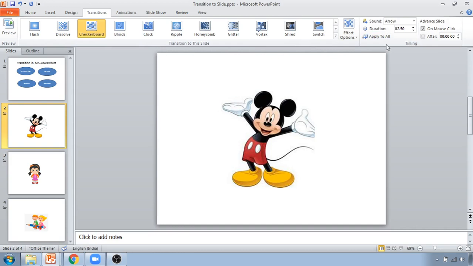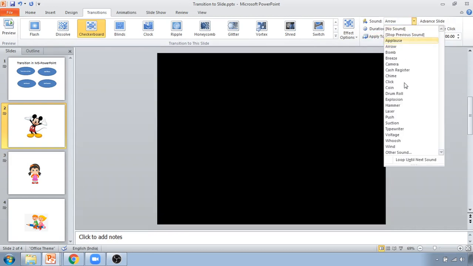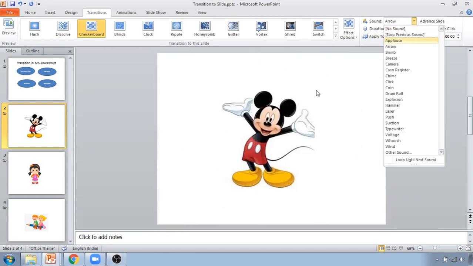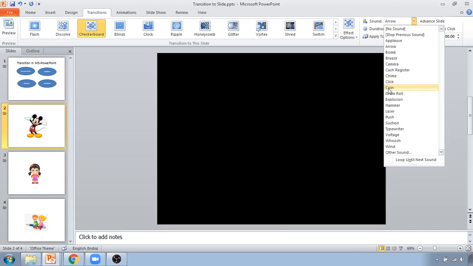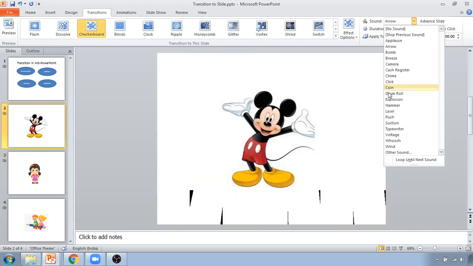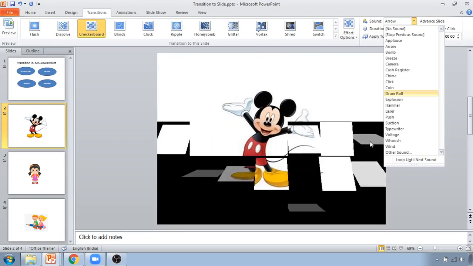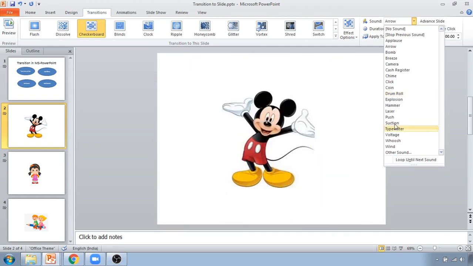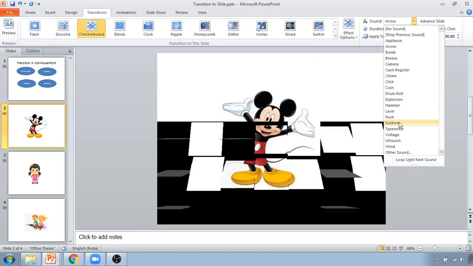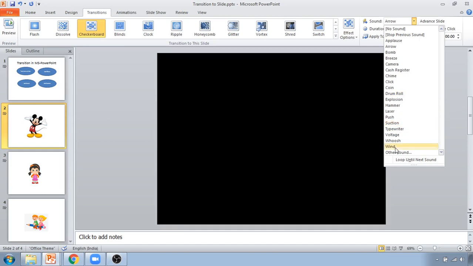Now here you can see you have multiple options like this. Whichever sound you want, just move your cursor over there and it will give you the preview of that sound. So select whichever sound you want, just like typewriter, push, suction, laser, wind.